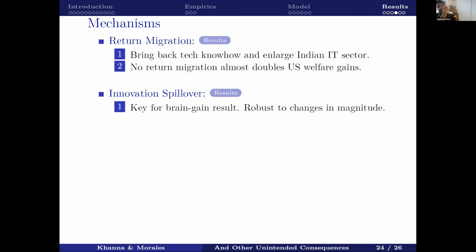If there is a lot of return migration, well, the good thing from the India side is that there's this brain circulation going on. People might go to the US, acquire a lot of skills, come back to India, set up either Google Bangalore, or they could start their own startup. So this return migration, the short-term migration, can actually help India a lot.